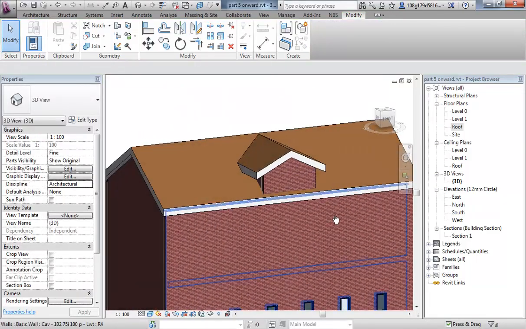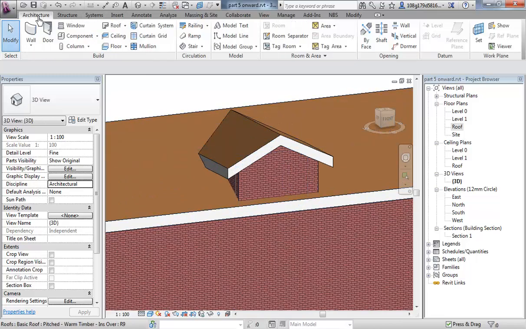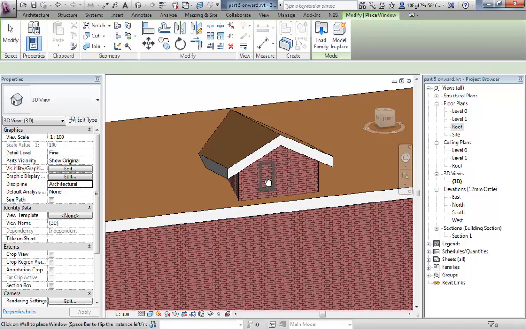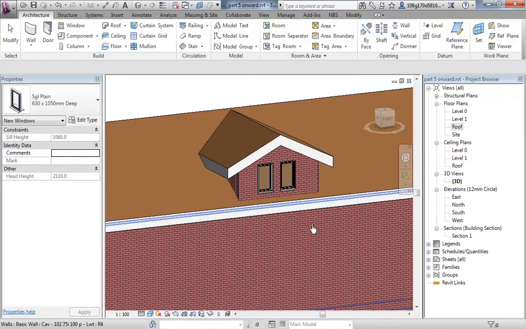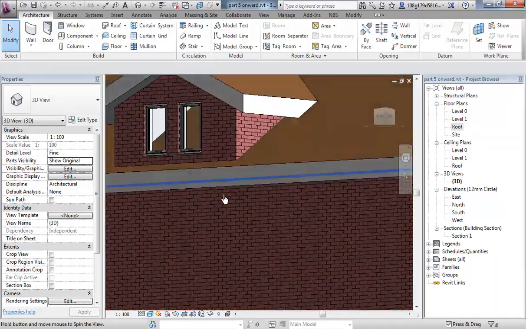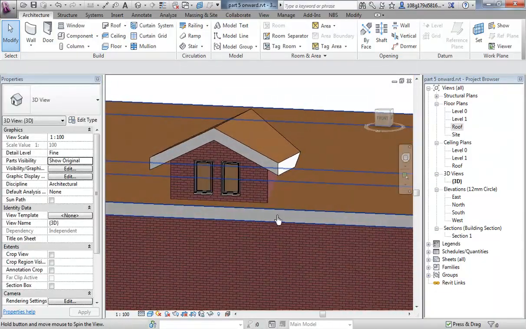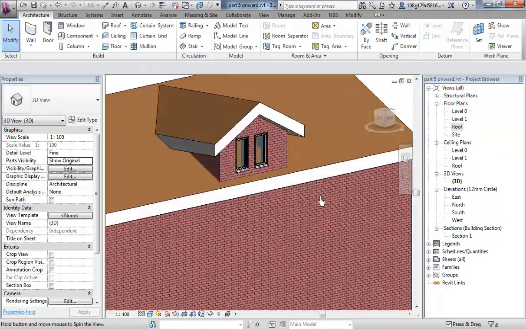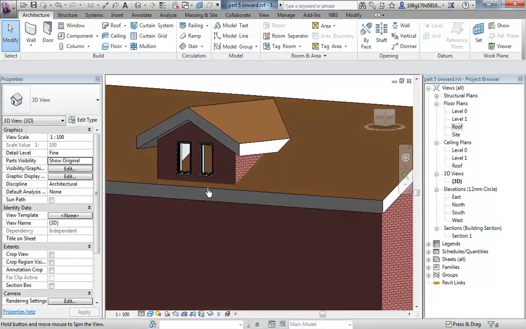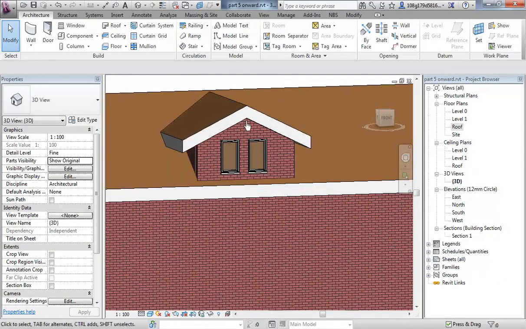So you can see that's a dormer. You've got a wall which can house some window systems if you like. Okay, it's quite useful to do that. Problem: the roof underneath is not a room which you would want for a dormer. It's still a solid roof. So we can fix that by